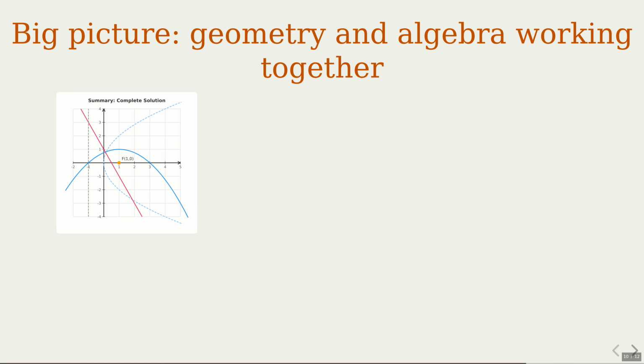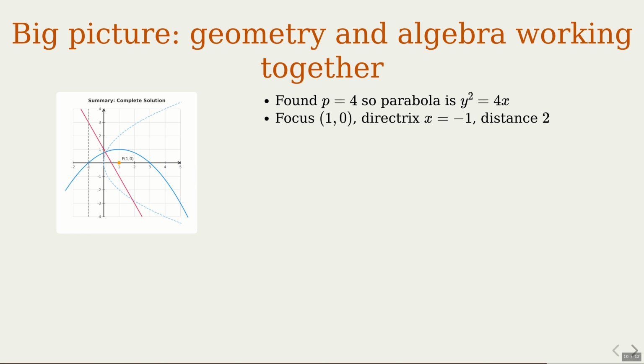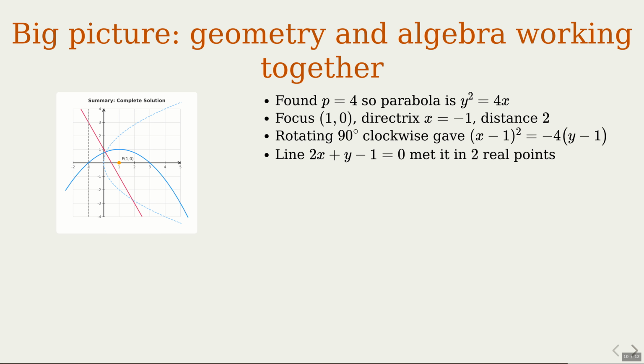Let us step back and connect the geometric moves with the algebra we used. Using the point (1, 2), we fixed p as 4 and identified the original parabola as y² = 4x. From the standard form, we knew the focus was at (1, 0) and the directrix at x = −1, 2 units away. Then rotating around the focus turned the sideways parabola into a downward one, with equation (x − 1)² = −4(y − 1). Finally, intersecting with the line 2x + y − 1 = 0 led to a quadratic with positive discriminant, so